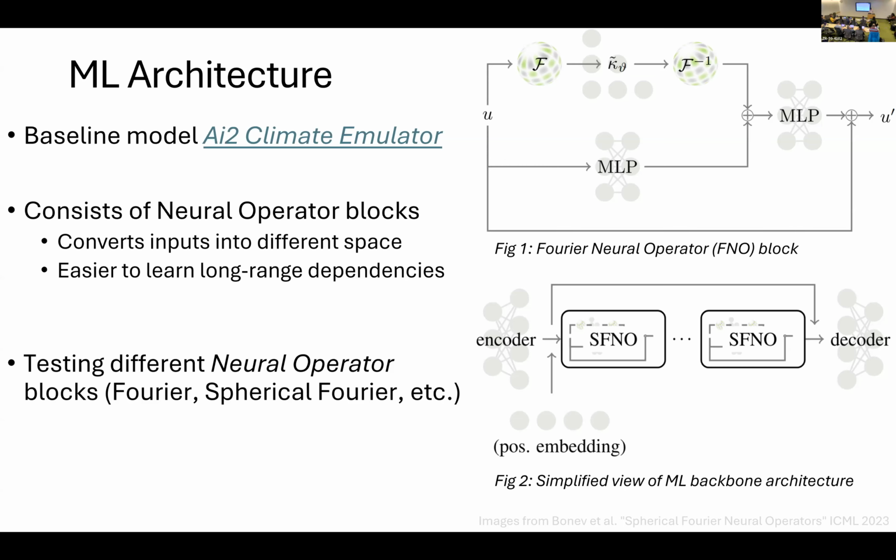So the main design choice that I'm exploring here is what kind of neural operators to use. So different neural operators work well for different problems and different kinds of data. So for example, standard Fourier works well for two-dimensional or three-dimensional data where the grid is uniform. There's also a spherical Fourier transform, which works well on data that's located on a sphere, such as the worldwide ocean data. And there's other kinds of operators as well that convert into different spaces, and there's ensemble of operators you can use. And these are all things that I'm exploring right now.